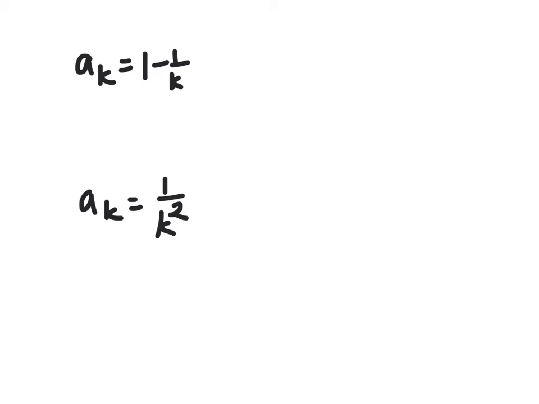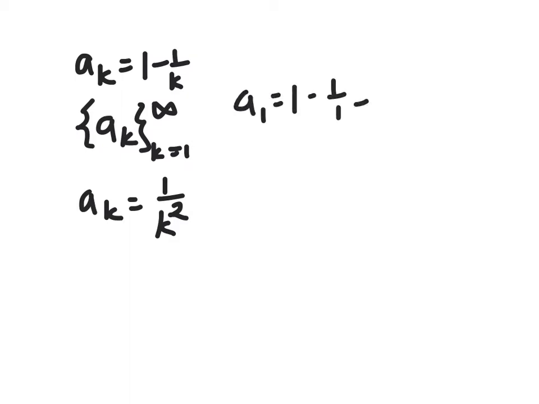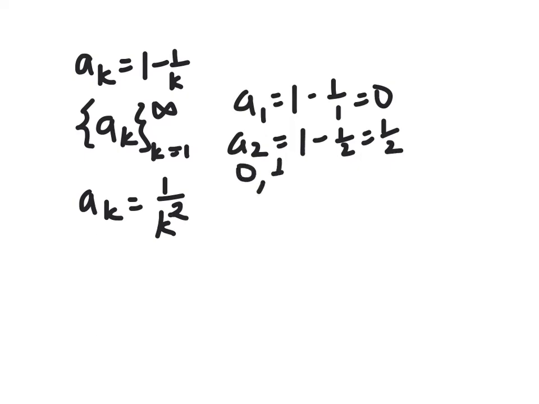Okay, so let's look at these two. For the first one, I'll have the kth term be 1 minus 1 over k. If I look at this as k goes from 1 to infinity, then I start my list with a1, right? So a1 is 1 minus 1 over 1, which is 0. a2 then is 1 minus 1 over 2, which is 1/2. Next one would be 1 minus 1/3, which is 2/3. And so on. And so you get 0, 1/2, 2/3, 3/4, and you keep going,